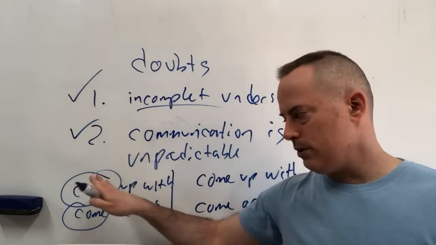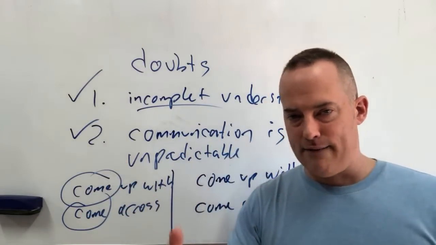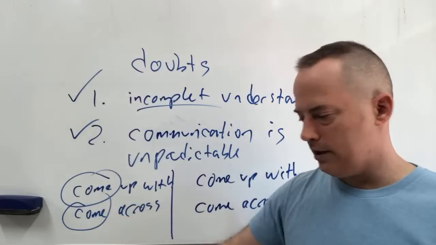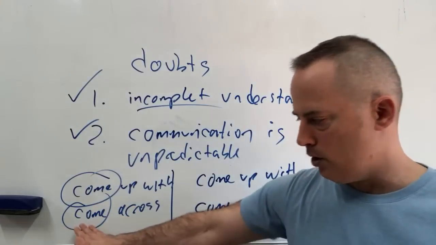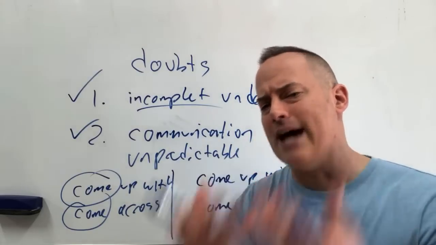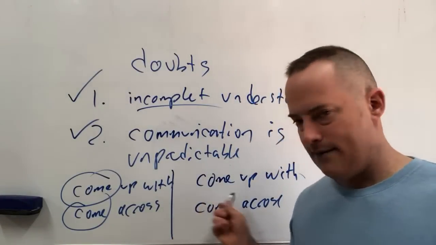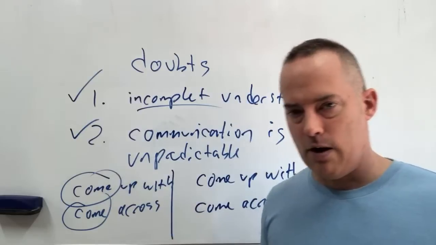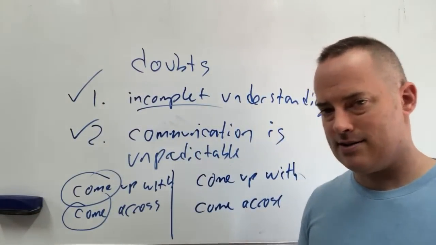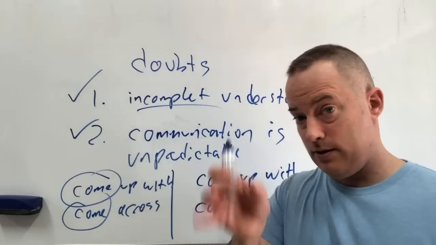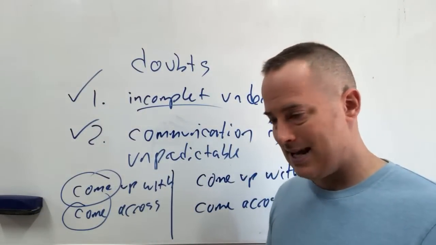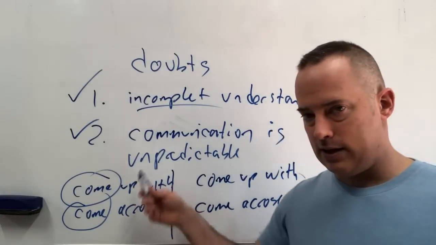So if you feel confused about these things, it's because you have doubt about them. It's not just trying to take the words and learn 50 different phrasal verbs with one verb or one preposition or whatever. We really want to understand and have no doubt about that thing. All right. Do you have no doubt about these now? Look at that. I came across something. So Fabio, you would say, I came across a snake, or I came across some snakes, or something like that. Be careful with that. Yes, you came across, but it would be a snake or snakes. Does everybody get the idea here?